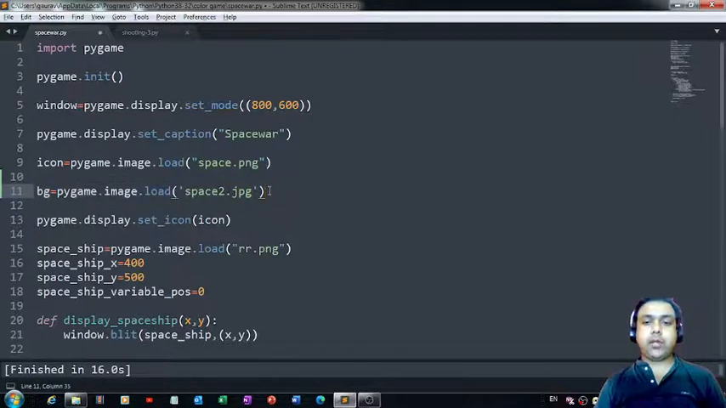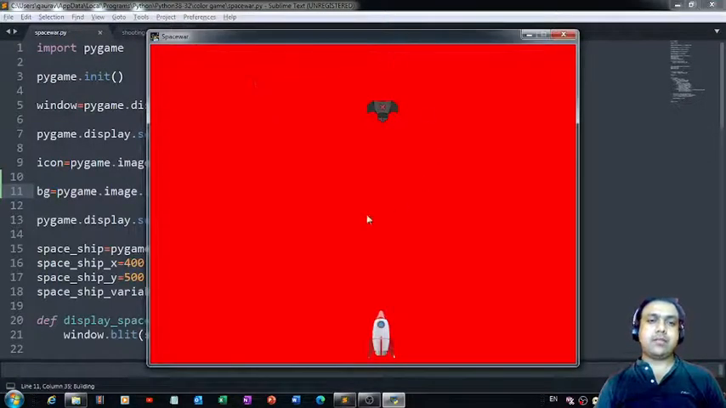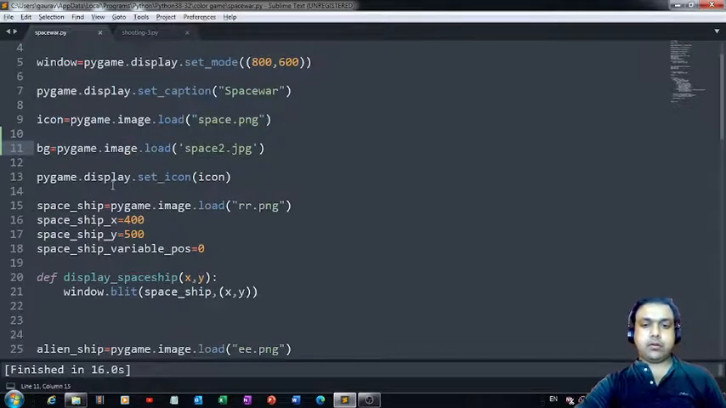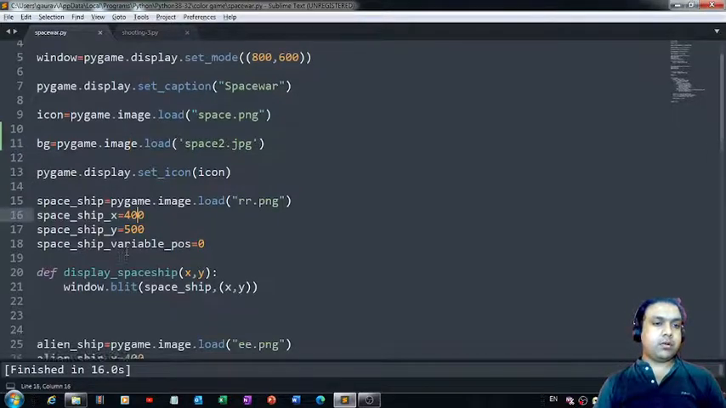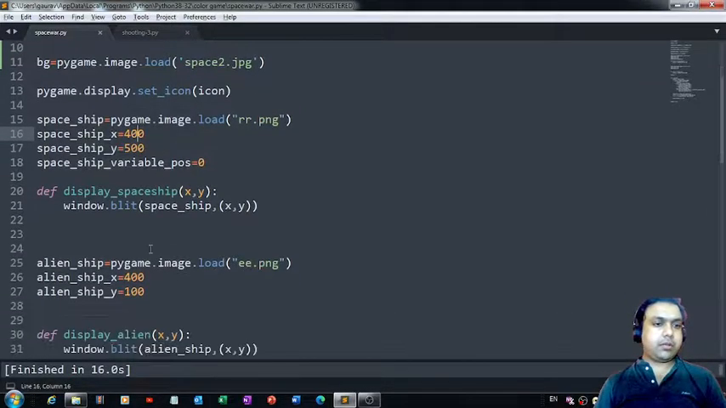Fine. Now, how to bring this image? Because if you run this game now, you will still see this background in red. You will not be able to see that image in the background. So, how to bring that image into this background? That's the question. For that, we can simply set the background of this window using